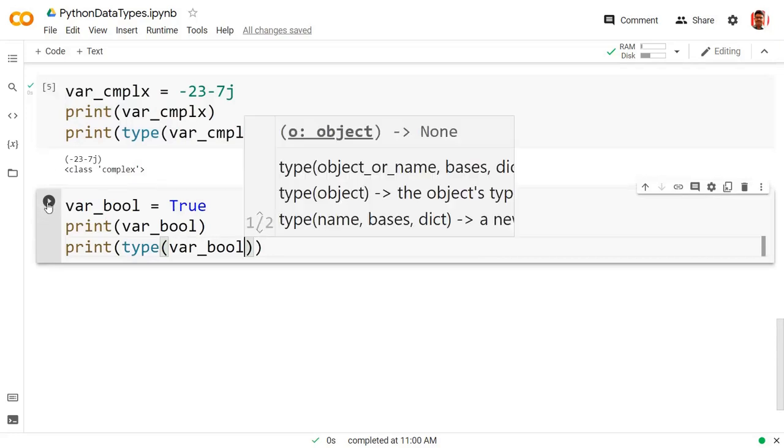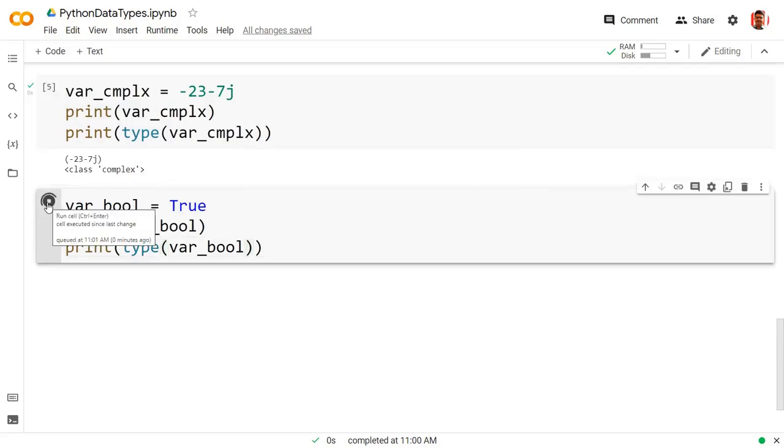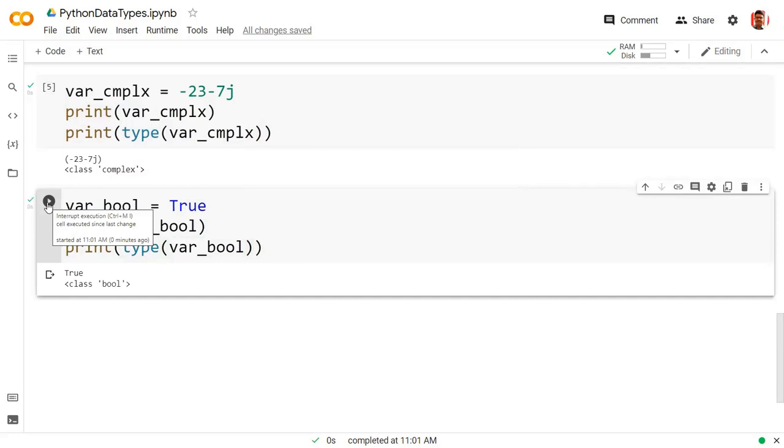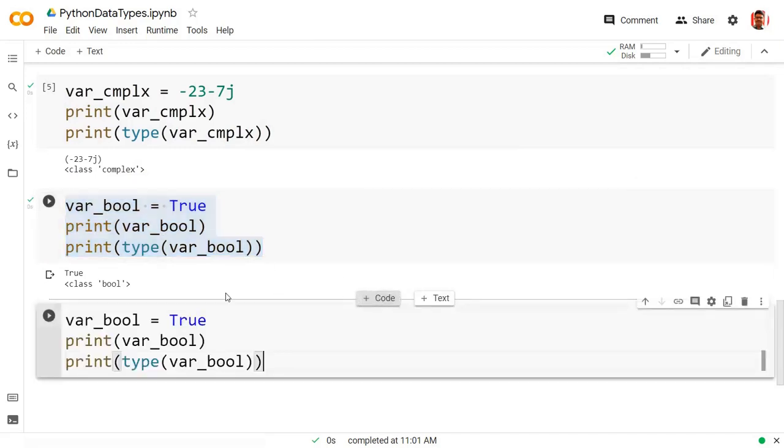So I'm printing this particular thing. Now, one important thing to remember right here is there are 3 such keywords in Python which start with a capital letter. Those are True, False, and None. These 3 things should be kept in mind whenever you are using True or False or None anywhere in your program. It should start with a capital letter. There should not be any quotation marks inside that. So this is your True and this is your False.